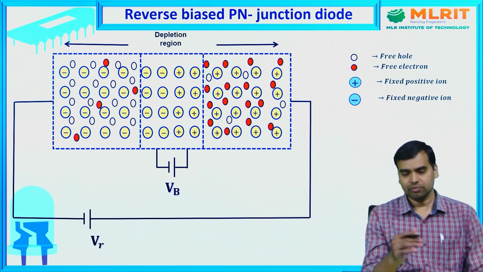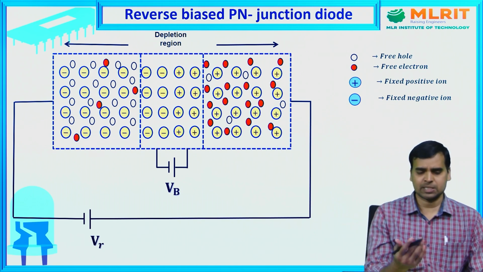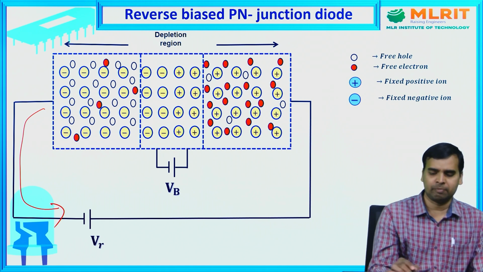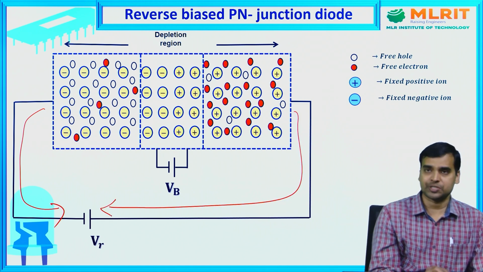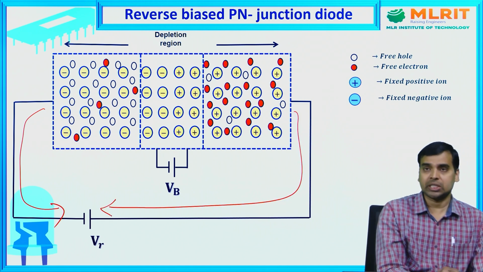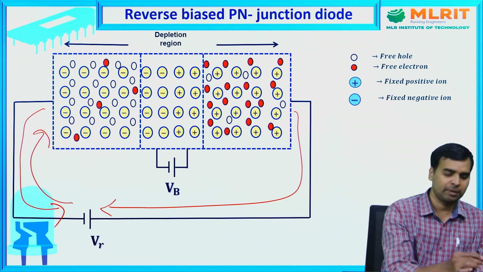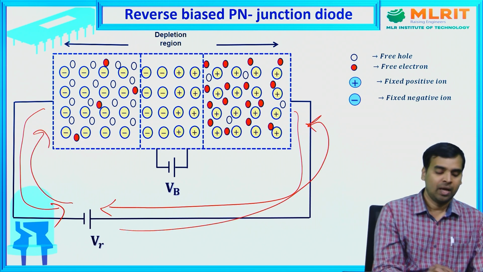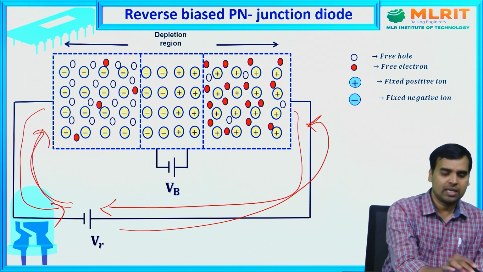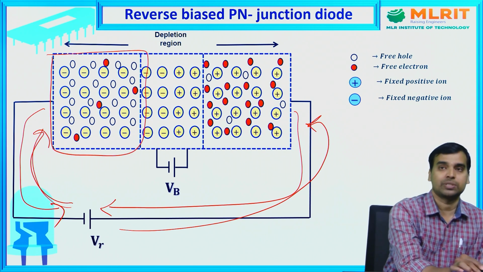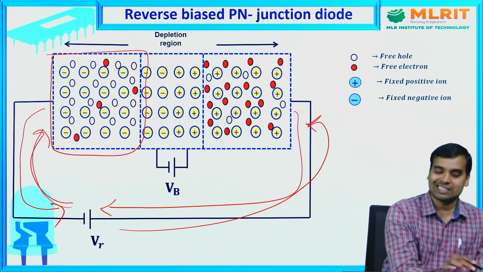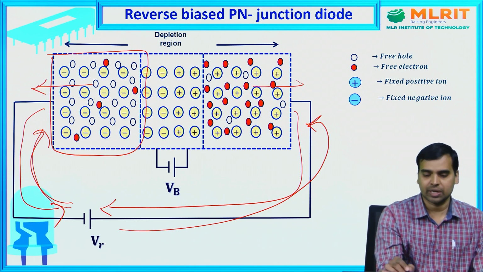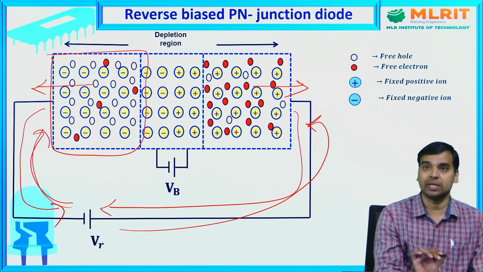Now, when it comes to reverse bias, in a similar way, p-type is connected to the negative terminal of the battery and n-type is connected to the positive terminal. When p-type is connected to the negative terminal, negative charges are coming. When the positive terminal is connected to the n-type side, positive charges are coming. In p-type, the majority charge carriers are holes, so between negative and positive there exists attraction. So holes try to move away from the junction, and here also electrons try to move away from the junction when a PN junction diode is connected in reverse bias.